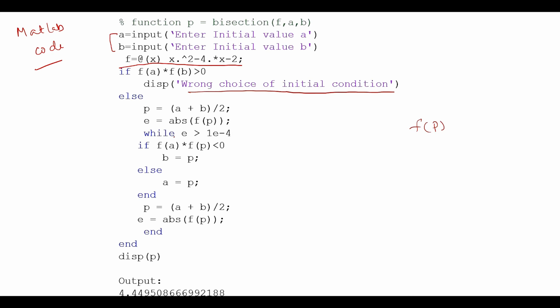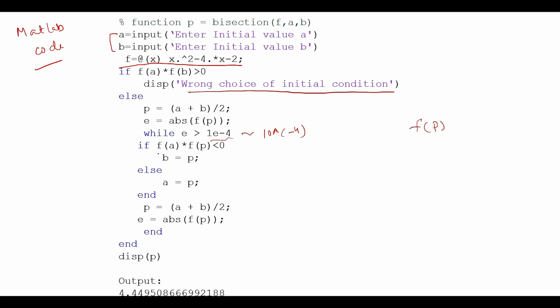So what it is doing is, while the error is greater than 10 to the power minus 4, you can write it like this also. If the error is greater than this, then you can do the following statements. If it is not, like if in the first step only you hit the root, it will come out of the loop and display p. But let's suppose that at the first step we didn't find the root, and then it will enter this loop,